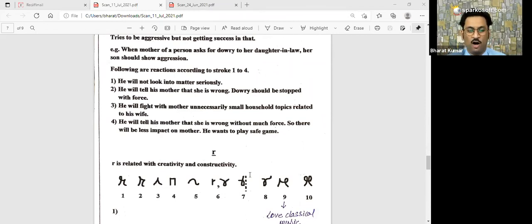Okay, so how many of you are using type 7 of R? It resembles an incomplete F. Check. Type 7 of R can be converted easily into F. Is there anyone using this? Yeah, sometimes in cursive. Yes, possible. If an upper loop is created, it will become F. Yes, you are right.